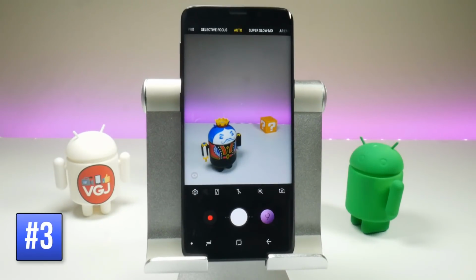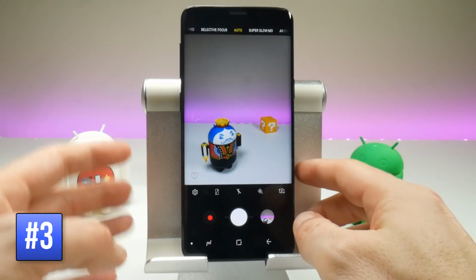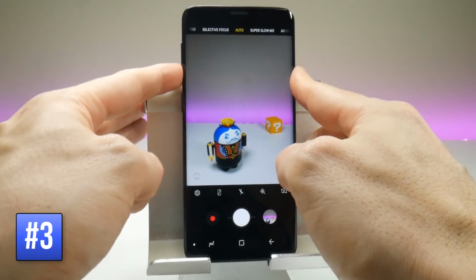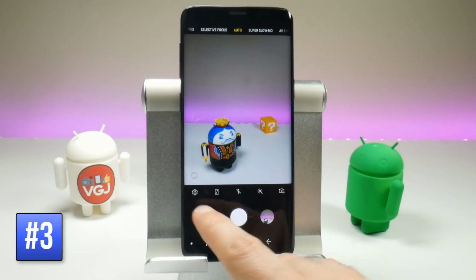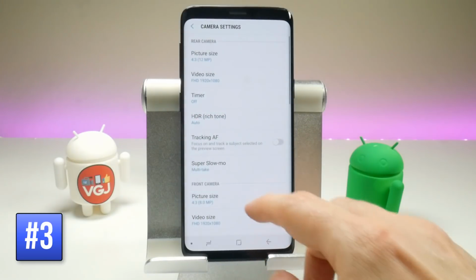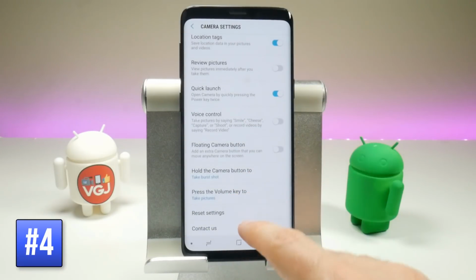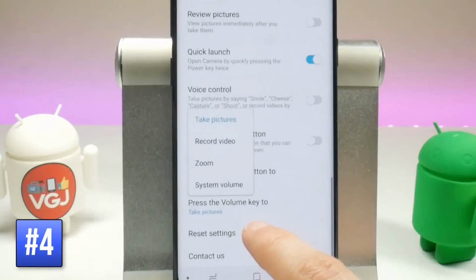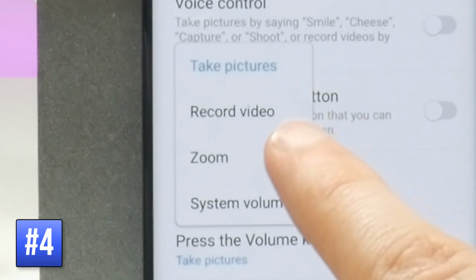Let's have a look at some simple camera shooting modes first. Obviously, if you just tap the shutter button, that will take a single picture. You can do the same thing with the volume rocker as well. If I press the volume rocker, that takes a picture. But you can change this setting if you want to. If you scroll down to the very bottom of the options, you have the press volume key to. Currently it's set to take pictures, but you can change it to record video instead, zoom, or just use it